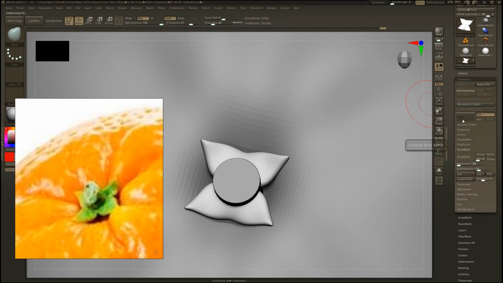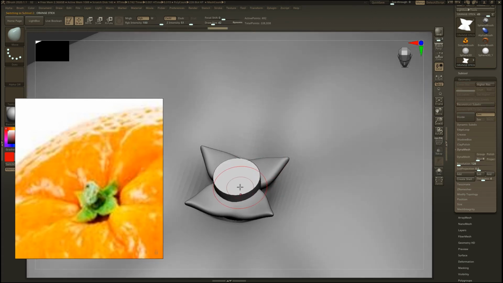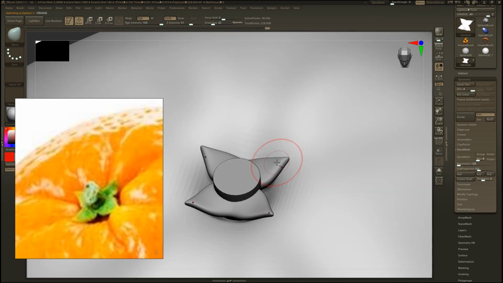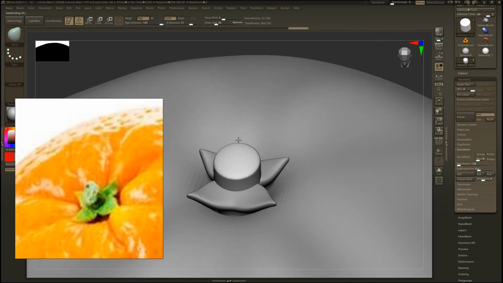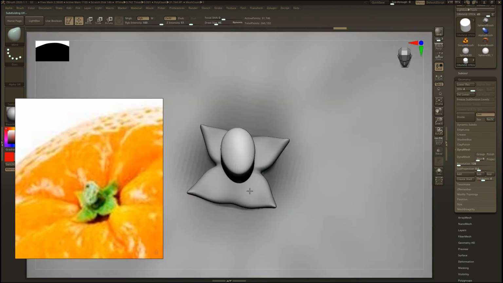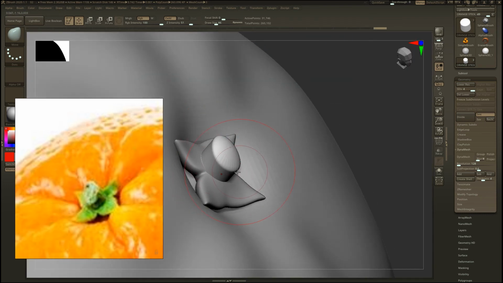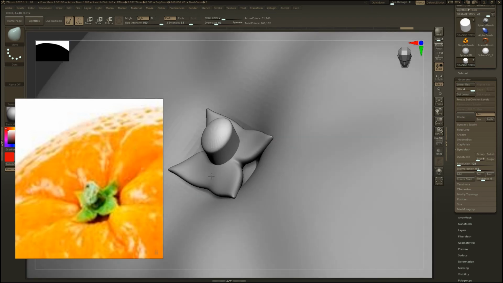Now adding a subdivision level on this subtool. Now select this with Alt click. Adding some subdivision to this part to add details to this cylinder. Adding some deformity by moving here and there.